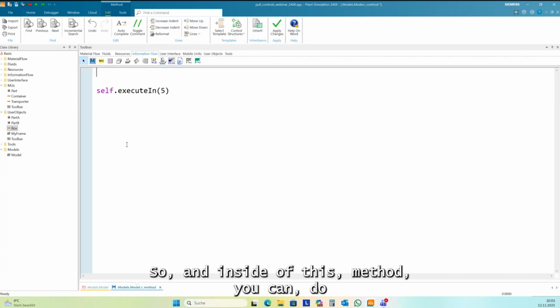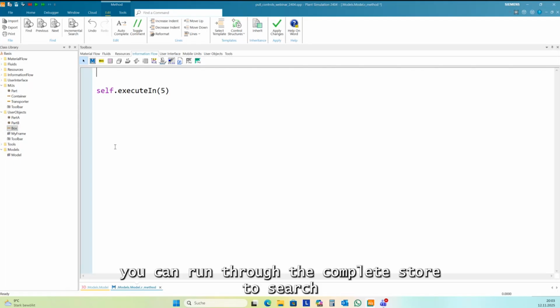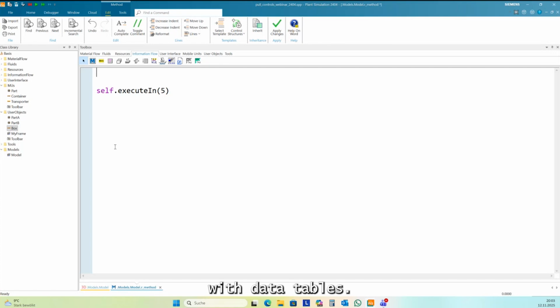Inside of this method, you can do calculations, and you can run through the complete store to search all the parts you need, and you can work with data tables. You don't have any limitations inside such methods.